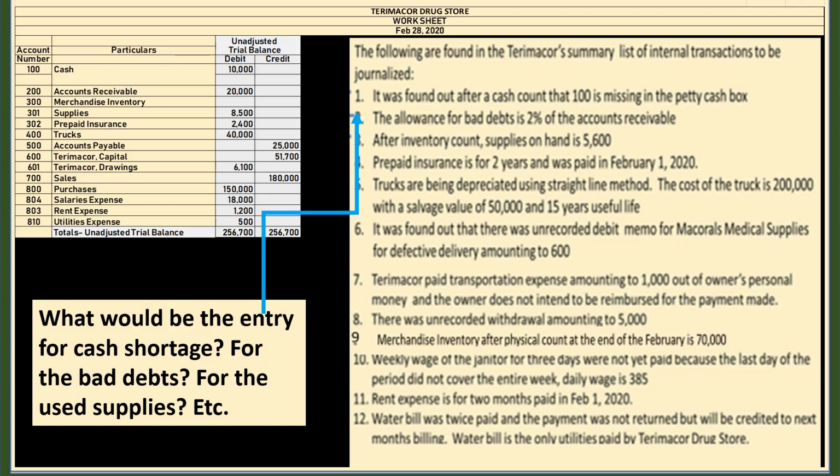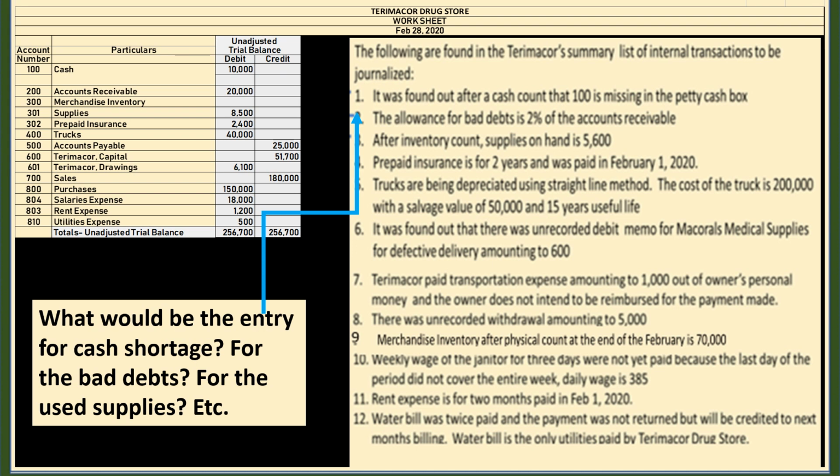The next thing to do is to prepare the worksheet for Terimacor Drugstore, to draft all the necessary adjusting entries, and to determine the correct income for the period and draft the closing entries and financial statements. The first thing to do is to write the heading of the worksheet, as I've said in this portion,